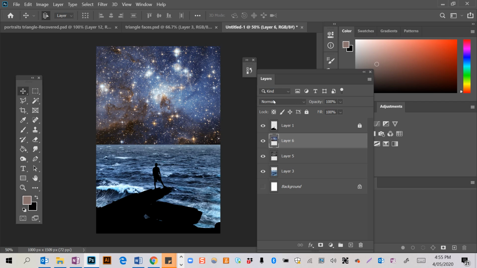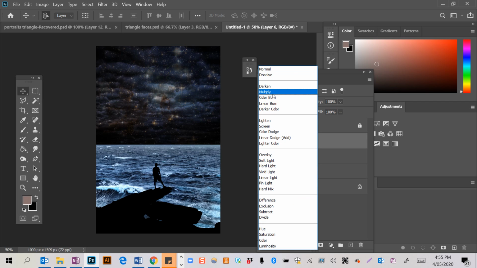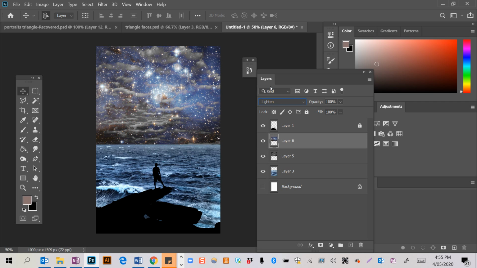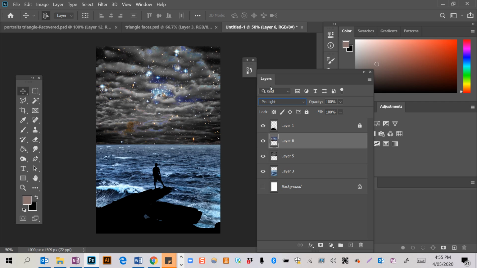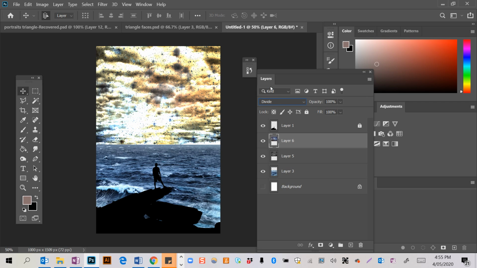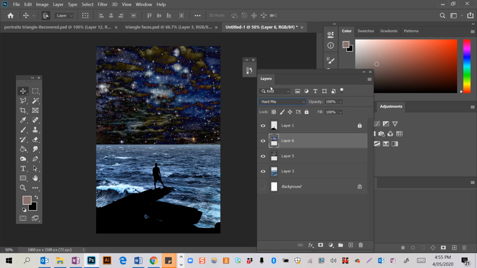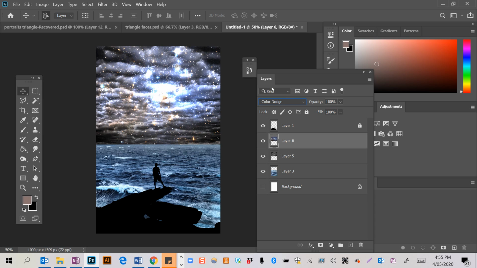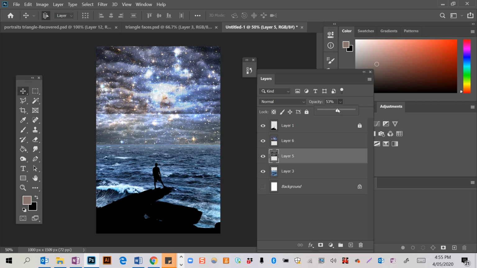So here we have layer blending options. So instead of having normal, you can go through them and decide. And if none of them work or they don't have a good effect together, like the clouds, I think are too dark. So if I go back up to this one, and then layer 5, take that down a little bit, and then layer 3,